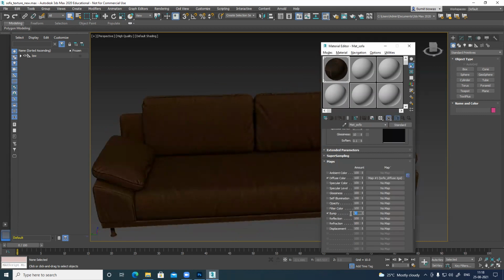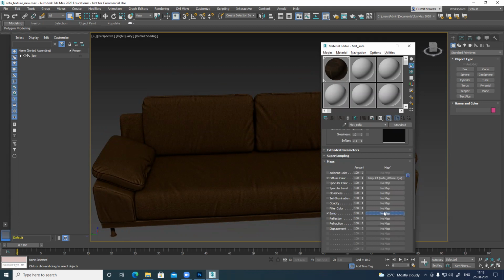Activate bump, by default it's 30. Make it 100. Bump is a grayscale 2D map. It gives you 2D output. And normal is your 3D. It gives you 3D output. And the normal output should always be 100 because you want the 100% output from the map. And bump is a 2D map, so that is something we use for rendering purposes, for movies and all, for fine details. So that's why the value can be anything from 1 to 100.